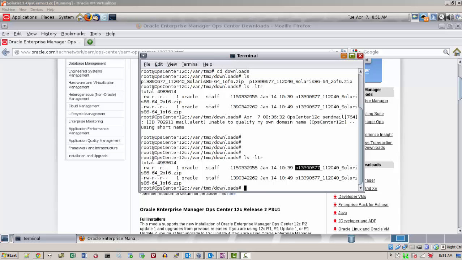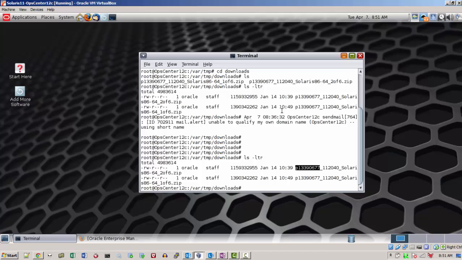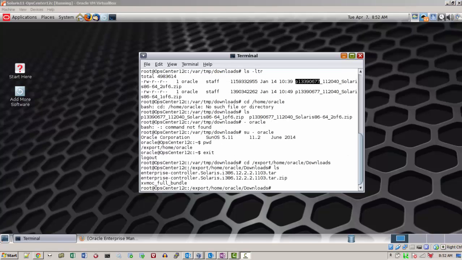So I've downloaded the Enterprise Controller. That's the main part of Oracle OpsCenter. And I'm going to kick off the installation program that goes along with it now and walk you through all the pieces. So let me minimize this so it's a little easier to see. And as you can see, I've downloaded this file called Enterprise Controller Solaris i386.12.2.tar.zip. I unzipped the file, and that left me with a tar file, and then I used the tar command to extract all the information from there, and it created this directory for me called